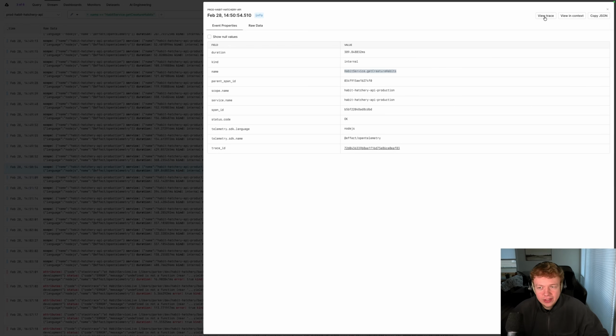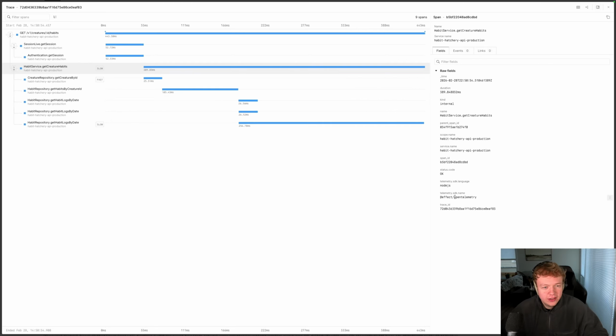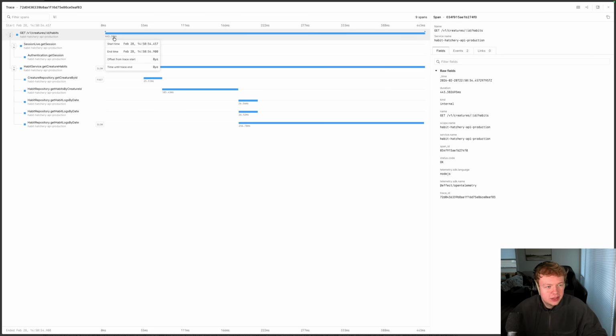Now, the amazing thing here is this view trace button. If I go here, boom, you can see the entire execution for the route that included getCreatureHabits. You can see that this entire execution started with an API call to get creatures/id/habits. And if I go here, you can see that the entire request lasted about 400 milliseconds,